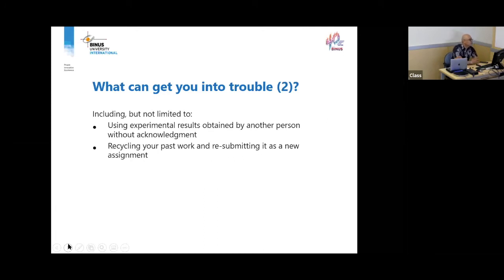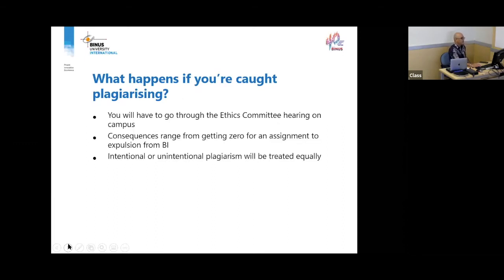Using experimental results obtained by another person without acknowledgement can also get you into trouble. Recycling your past work is what you mean by self-plagiarism. Now, what happens if you're caught plagiarizing? The consequences can range from getting a 0 for an assignment to expulsion from Venus International, especially if you've plagiarized a major examination.